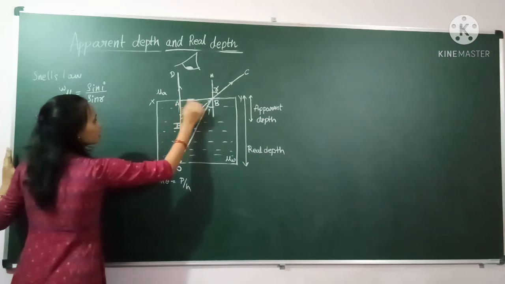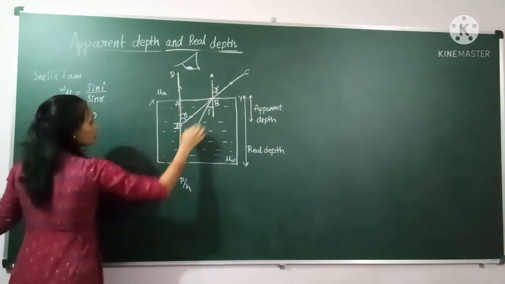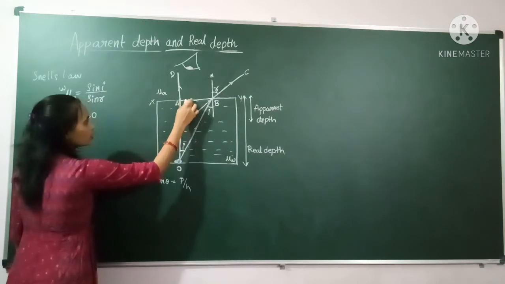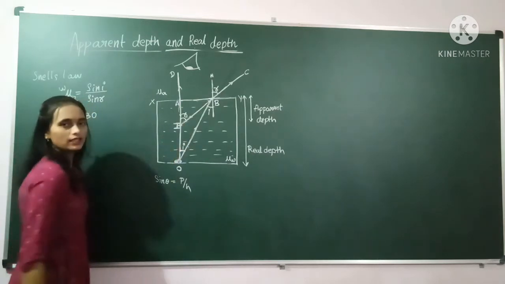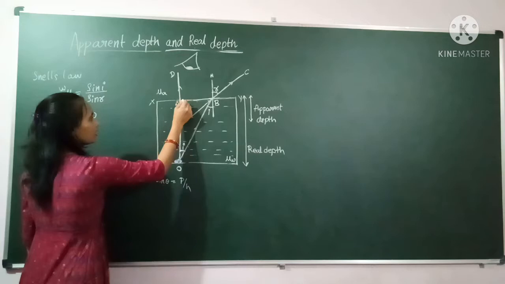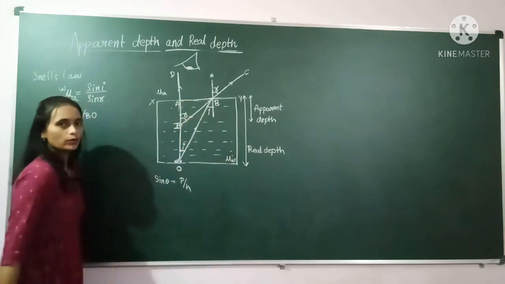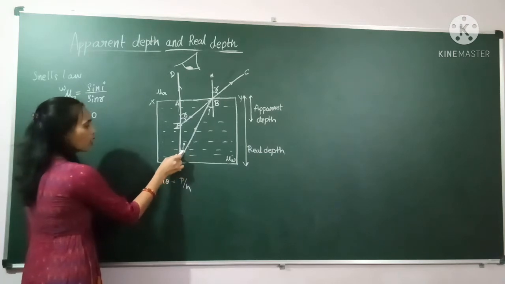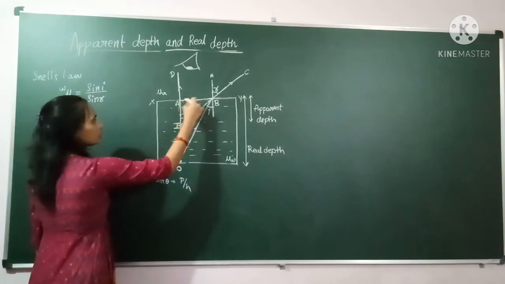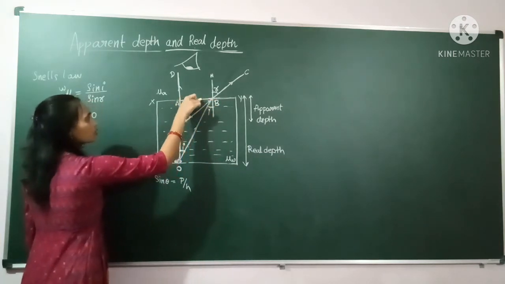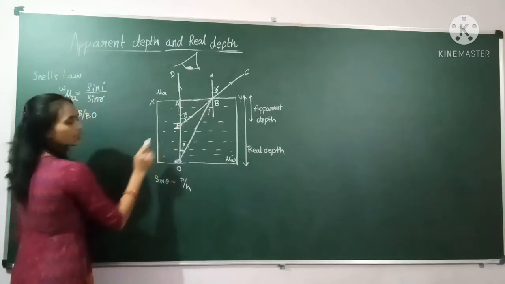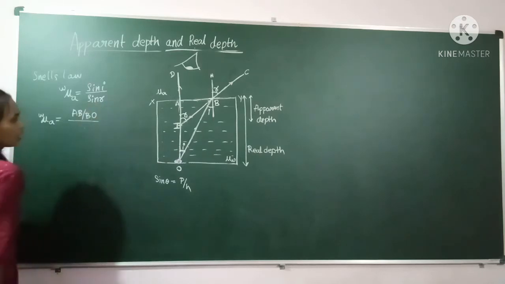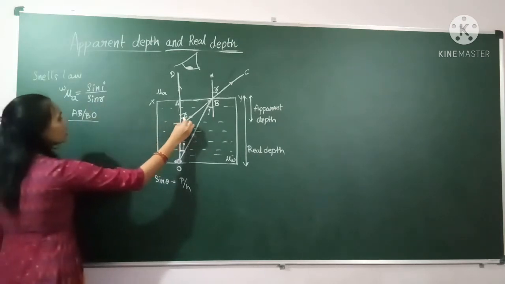We are taking this triangle ABO. In this triangle, this is the angle i. The angle's opposite side is the perpendicular, the angle's adjacent side is the base, and the 90-degree angle's opposite side is the hypotenuse. Always remember, if we are considering this theta, the side opposite to theta is always the perpendicular and the adjacent side is always the base. So here AB by BO. Next, sin r.